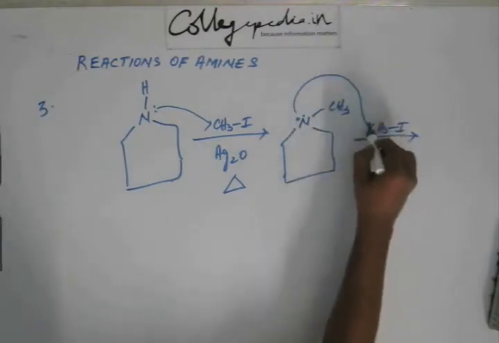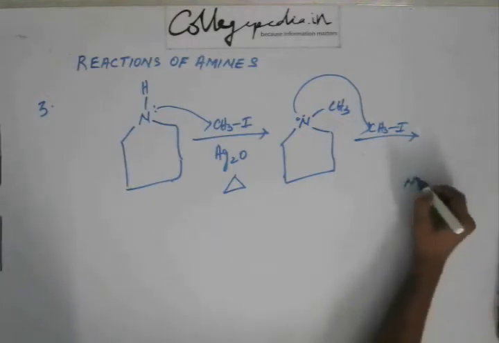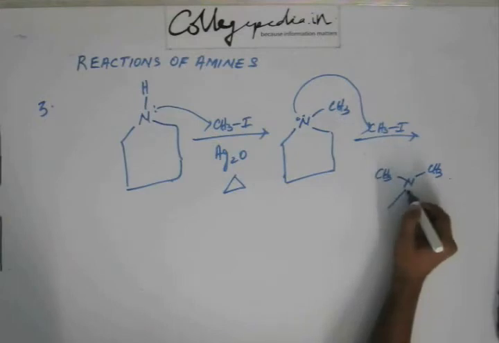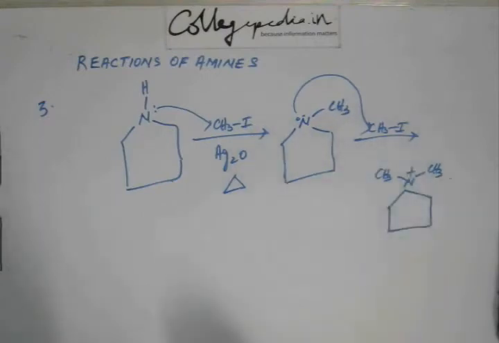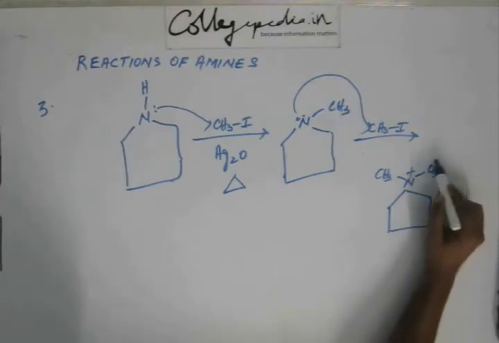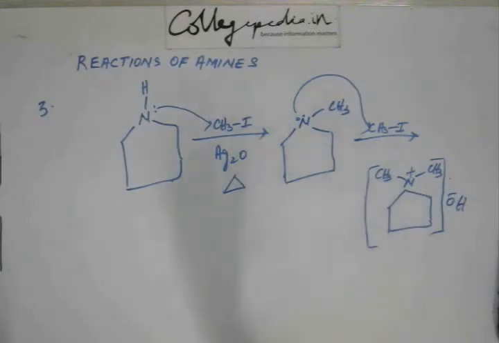This nitrogen is going to attack this carbon once again, and now you'll have a disubstituted cyclic amine. This time, nitrogen does not have any facility of getting rid of its plus charge. So the plus charge is going to remain there, and when iodide has come out, this Ag2O will break to generate hydroxide ion. So this plus charge and this hydroxide ion, this is what you're having in the system